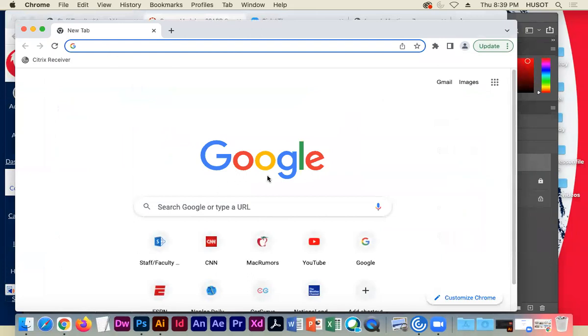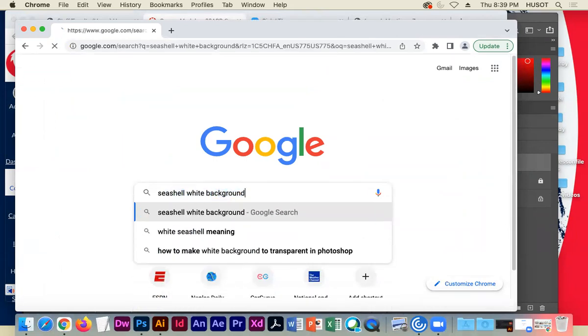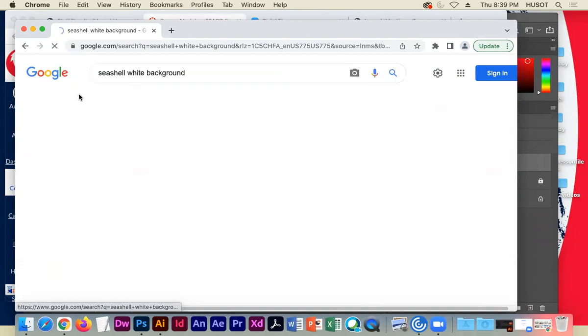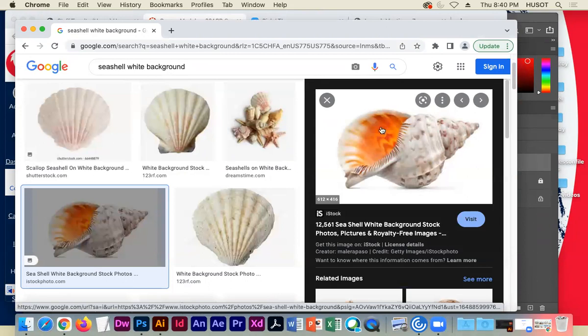in Google World. So if I went to Google and typed in seashell white background, you're going to get a bunch of pictures of seashells on white backgrounds. There is a whole business on just taking photographs of objects on white backgrounds. Why? Because designers need the objects, and the easiest way to select them, to collage them, is to put them on a white background. Actually, my first job I was introduced to was agency work, and we would take pictures